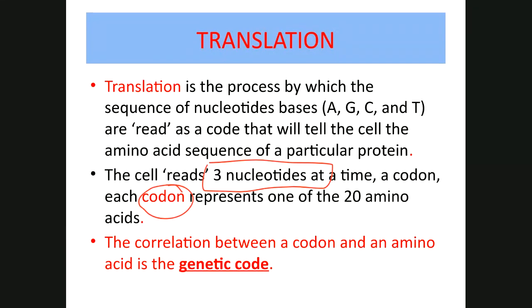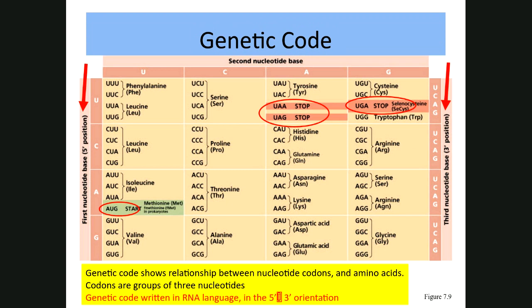The correlation between a codon and an amino acid is in the genetic code. So the genetic code is this right here. And notice that the genetic code is written in RNA language. That's why it has U's instead of T's. So what this is telling you is that, for example, if I have a messenger RNA, and the messenger RNA is A, U,